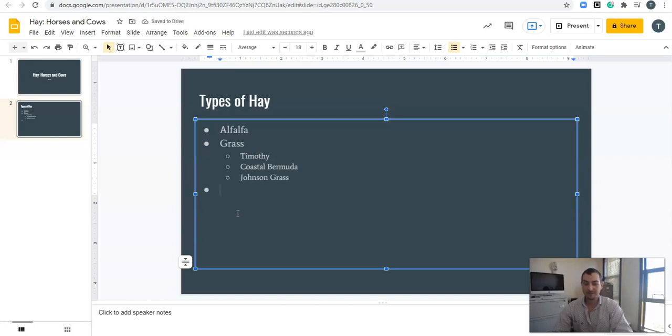And maybe another type of hay is something like legume hay, which technically alfalfa would fall under, but let's just for the sake of argument throw in there a legume hay. And then I can add something like maybe a clover hay or something of that nature. So we can actually, by using tab and shift tab, move these bullet points over as we create these bullet